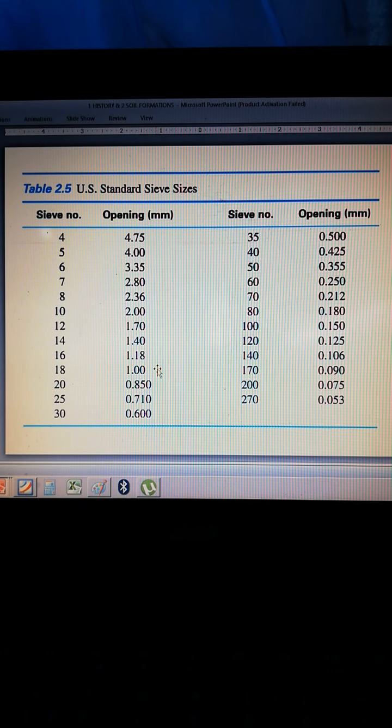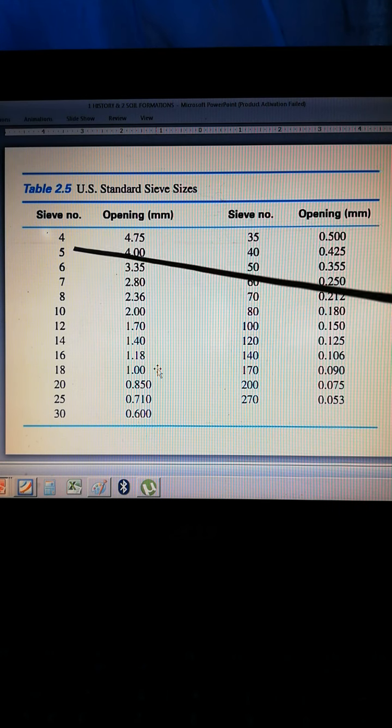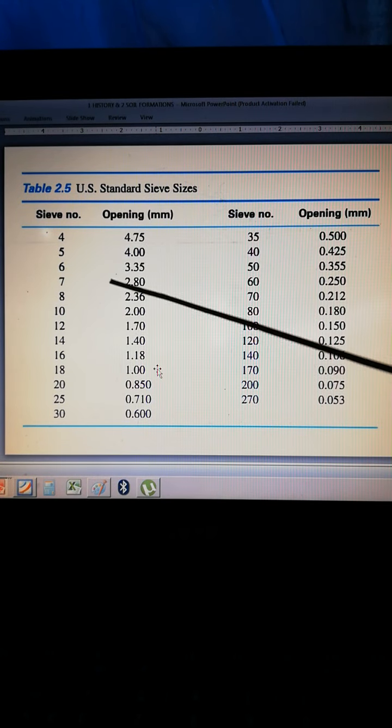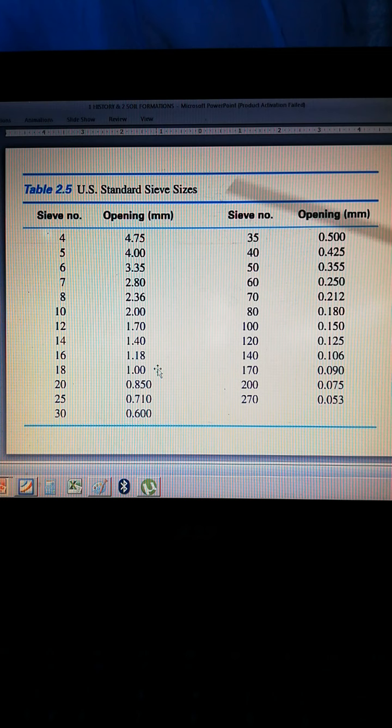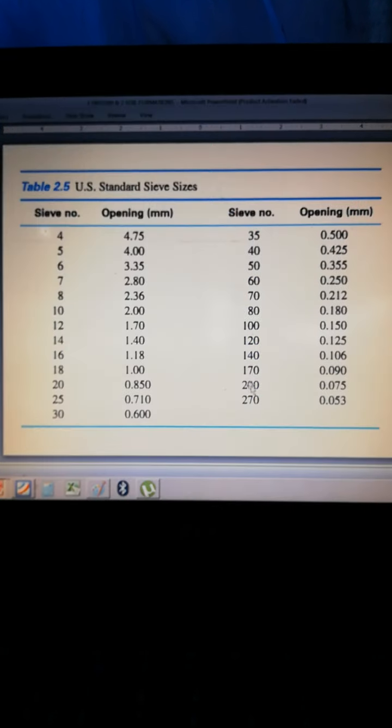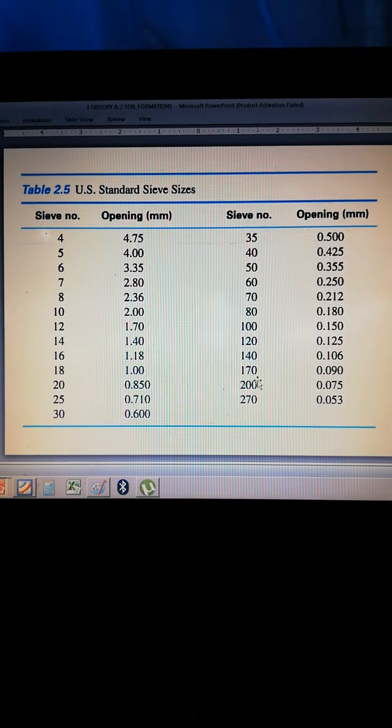But it still will enable us to plot the particle size distribution curve even if we don't have the other sieve numbers. We don't have those sieves. Okay. So going back,